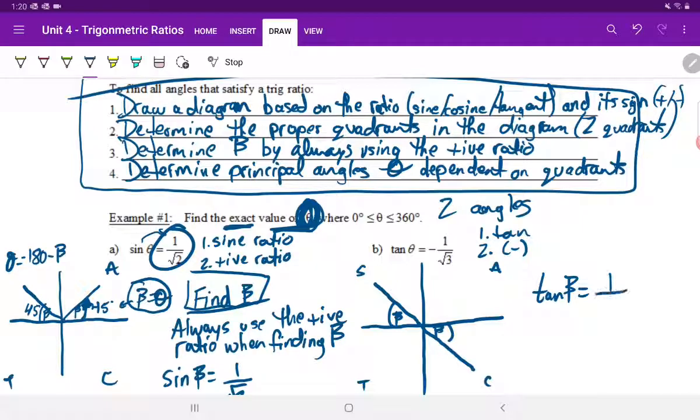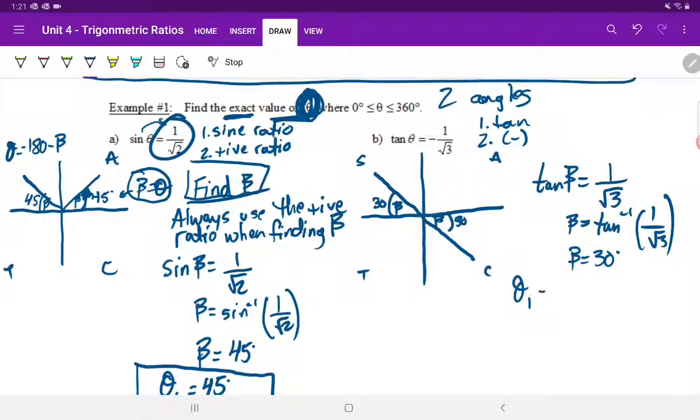Always use the positive ratio. And then go ahead and find what your beta should be. So let's do the tan inverse. Make sure you use a bracket at that point after you press second function tan. Then 1 divided by the square root of 3, close your bracket, and you get 30 degrees for beta. So if this is 30 and this is 30,